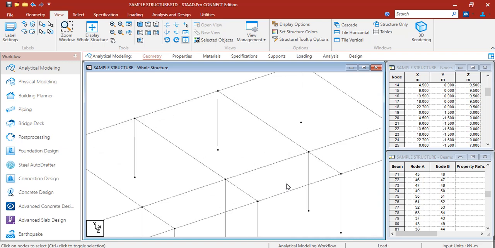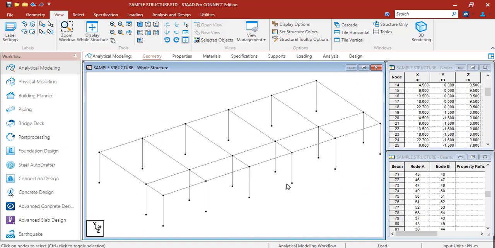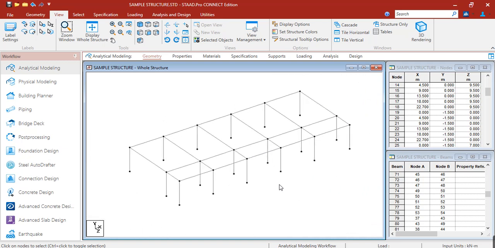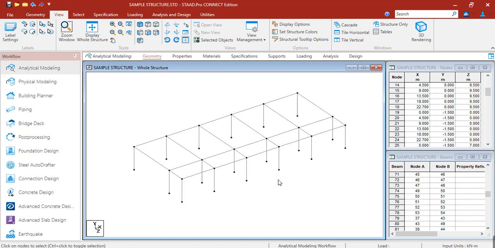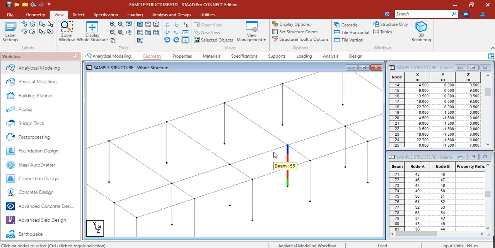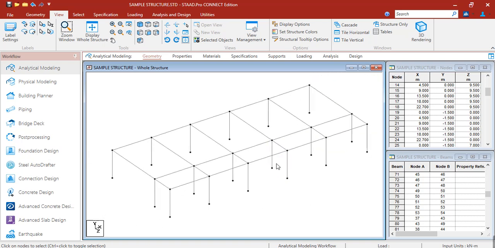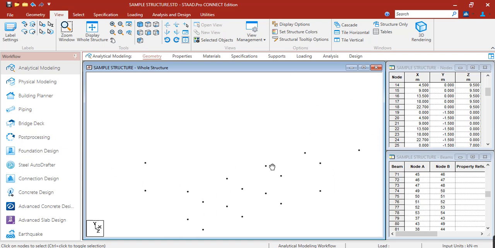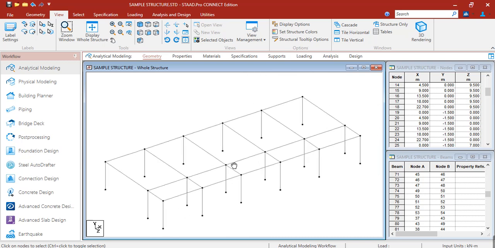So zoom in, zoom out. This is in your mouse. So the scroll button, zoom in, forward, zoom out, backwards. And if you want to pan the view, just click the button, then you can move your mouse to your desired position.